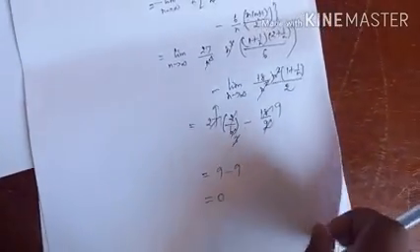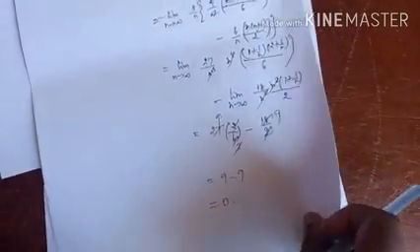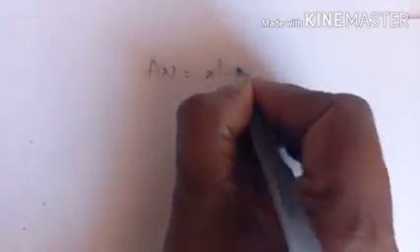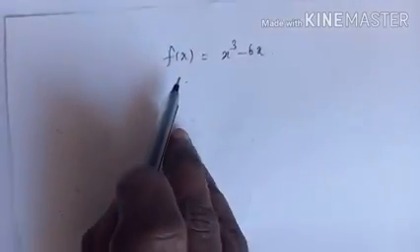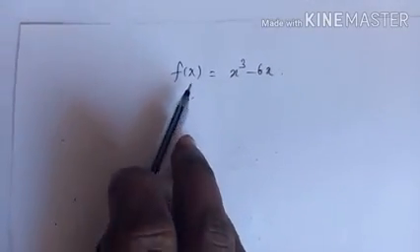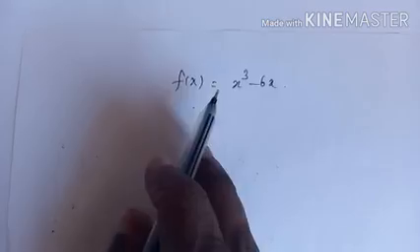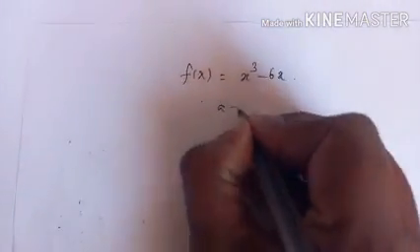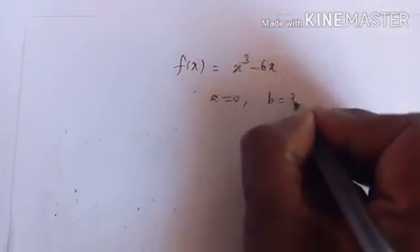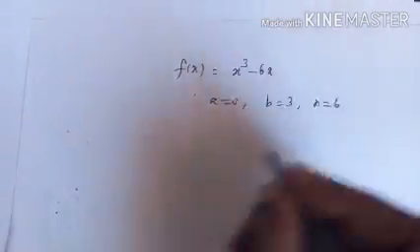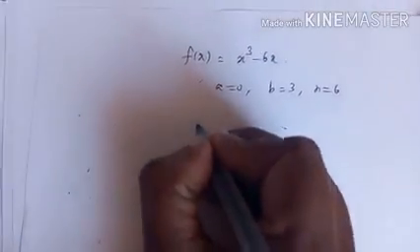Okay. Here the question is not evaluate the integral. It is find Riemann sum for the function. Simply evaluate Riemann sum for the function f of x equal to x cube minus 6x. The question is not to evaluate the integral, okay? So find the Riemann sum. It is given a is 0, b is 3, n is 6. All given, so very simple, right?